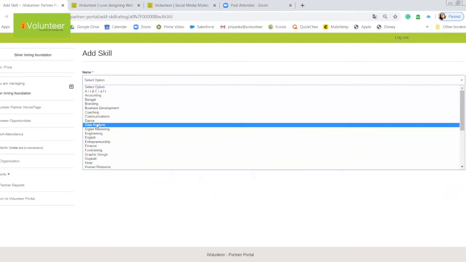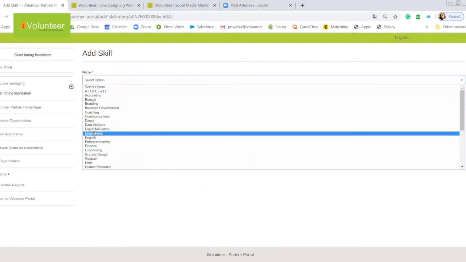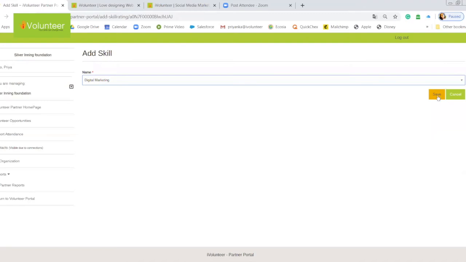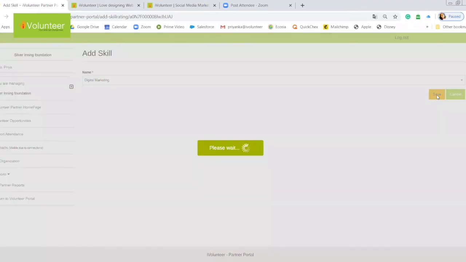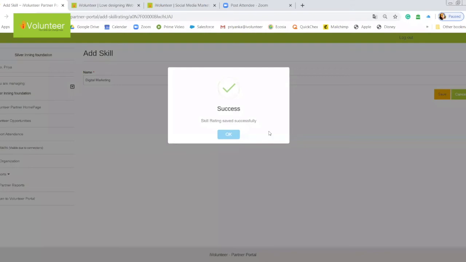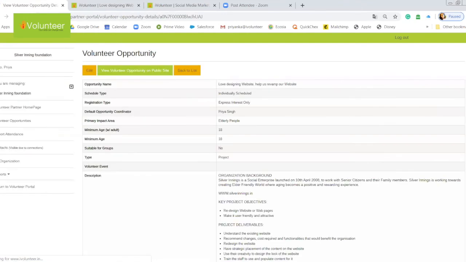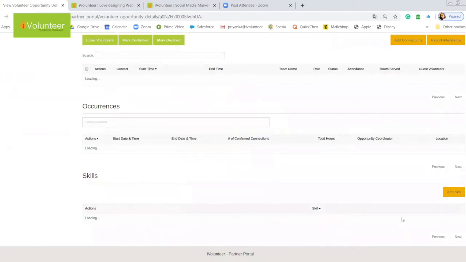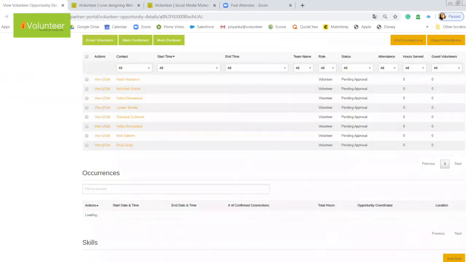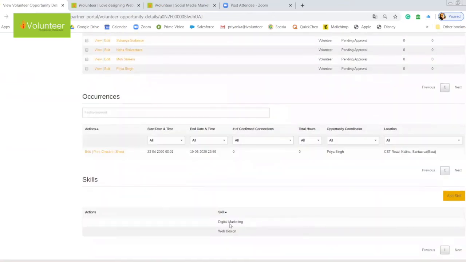You can select whatever other skills you want, for example, digital marketing maybe, and we will save it. So now there will be two skill sets highlighted. Here you can see digital marketing and web design.